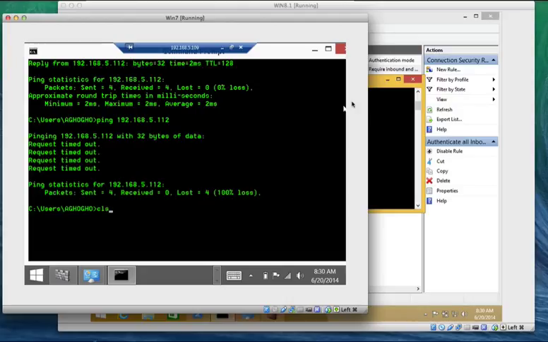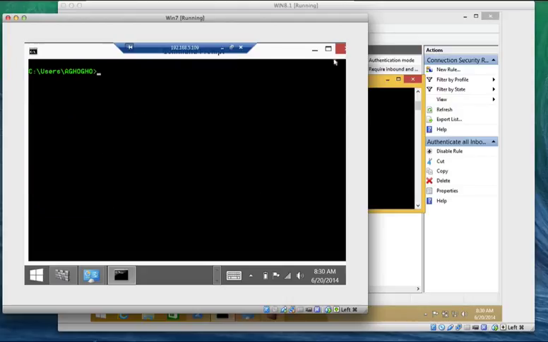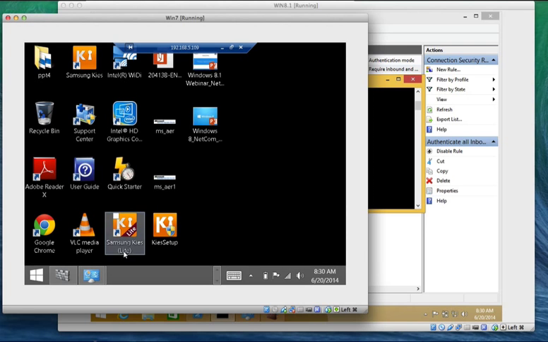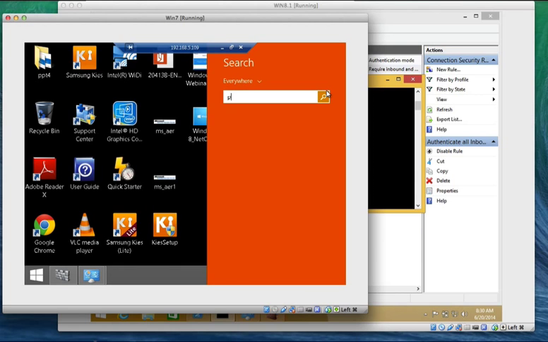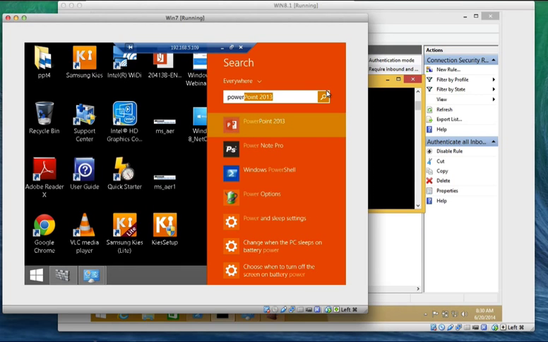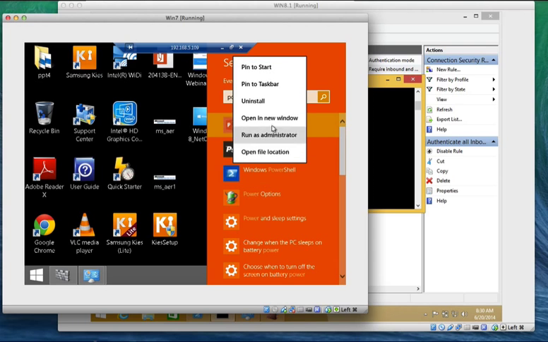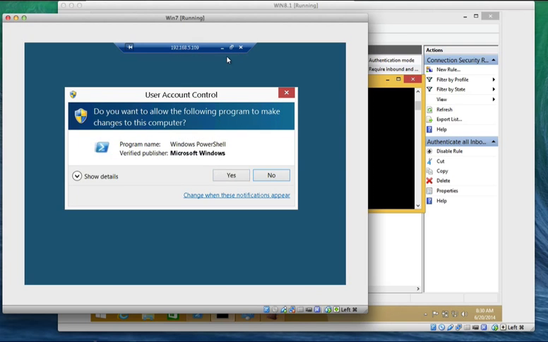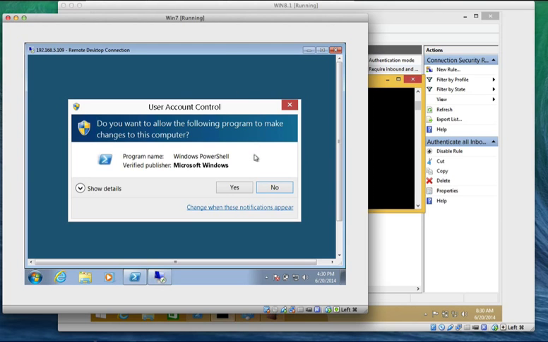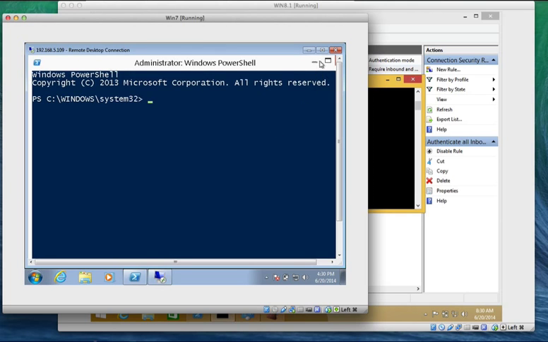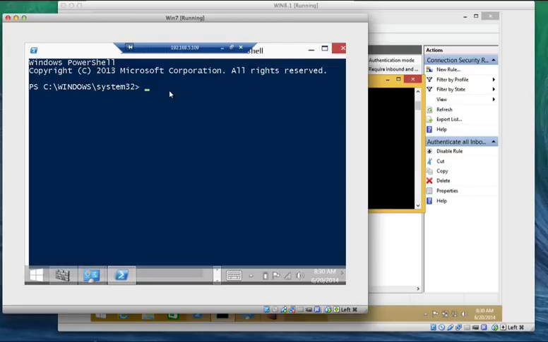I'm going to wipe out the rest of the rule and start from the beginning. I'm going to run it as an administrator, so I'm going to go to PowerShell. I'm going to right click and say run as administrator. Okay, and the policy says it's new, just a minute, it's New-Net